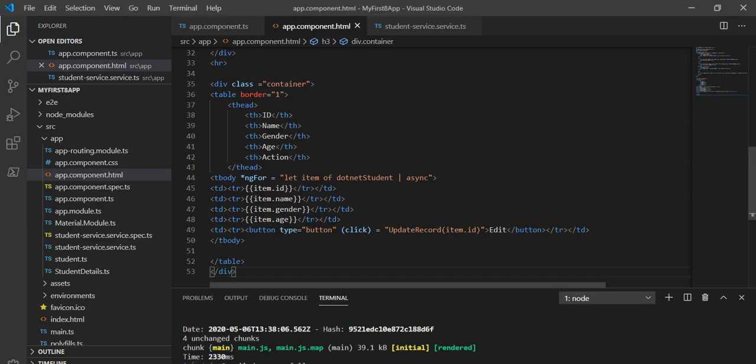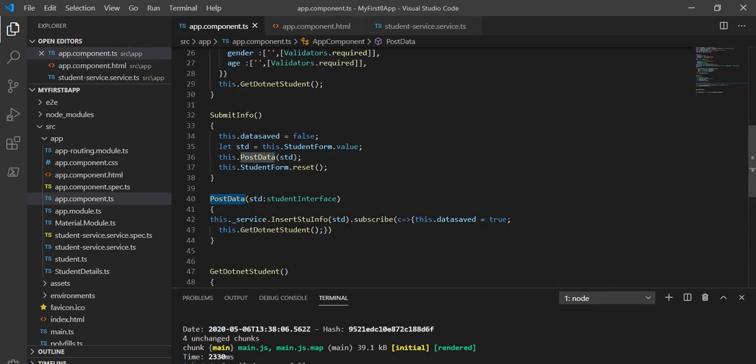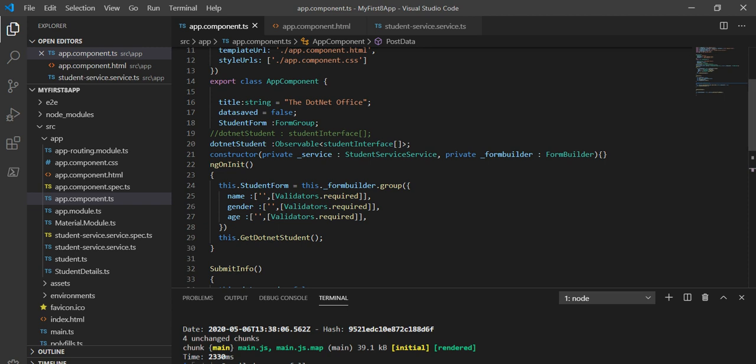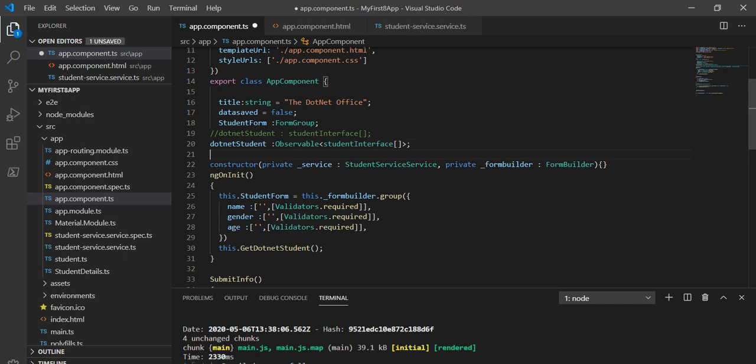Now the next task is to consume the created service in the component.ts file. First I will take one variable here, and the use of that variable is that we will identify based on it whether we are going to update data or insert new data.